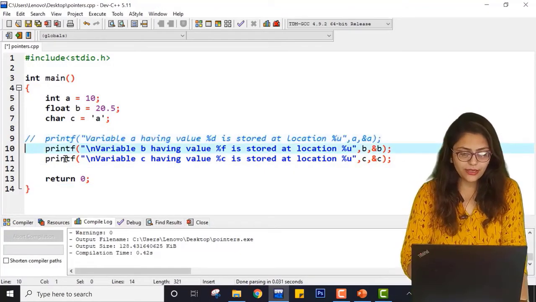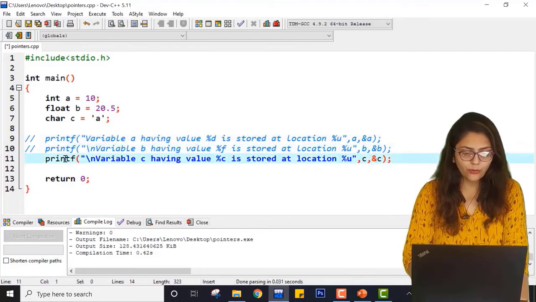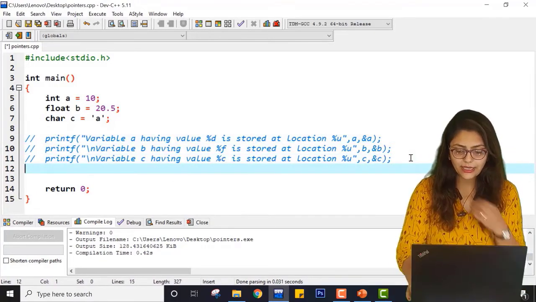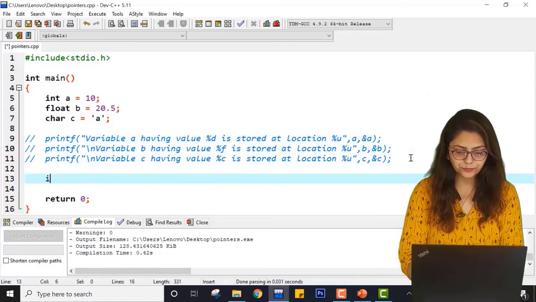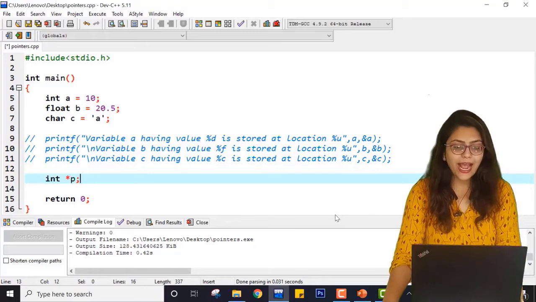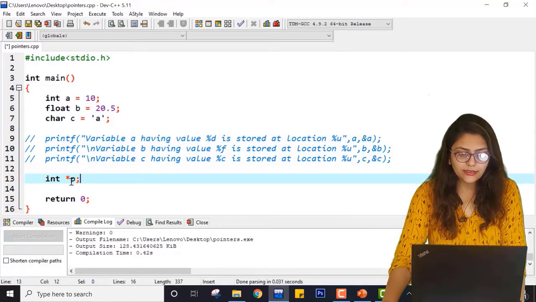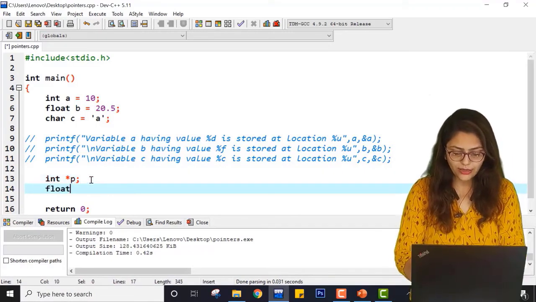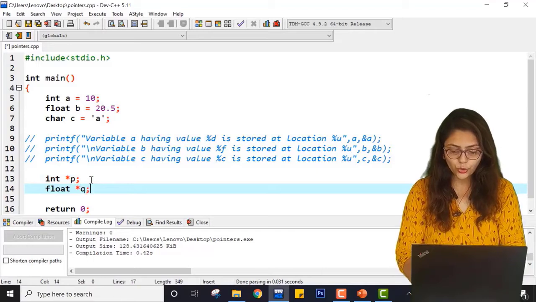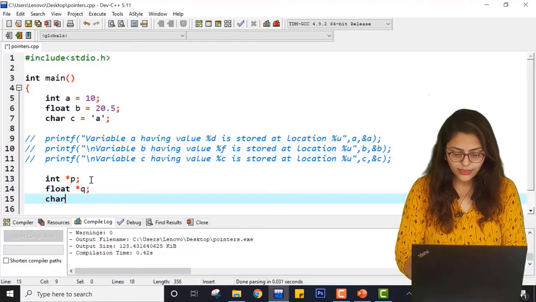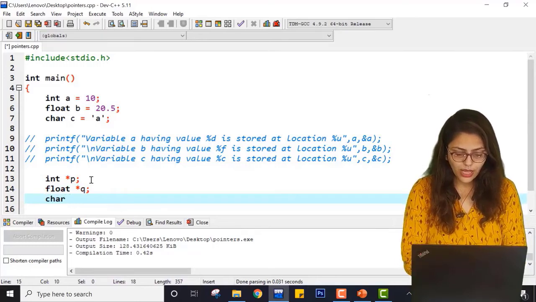Now let me comment this out and I will show you how you can use pointers for that. For that I am declaring pointers such as int *p. Why star? So that this p is not considered an ordinary variable, and my computer will know that this is a kind of pointer. Then float *q, because q is going to point to some kind of float value, and then char *r, right?